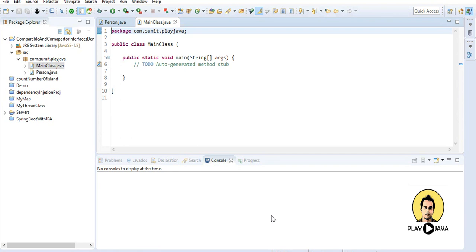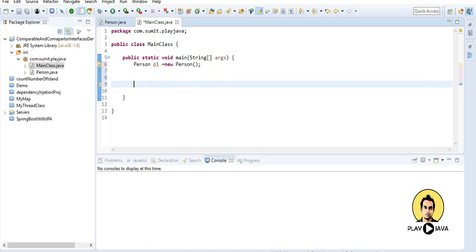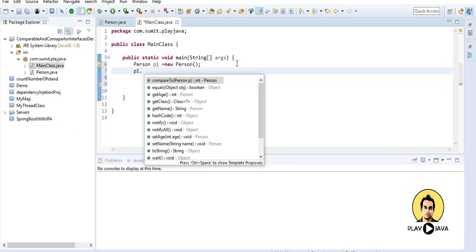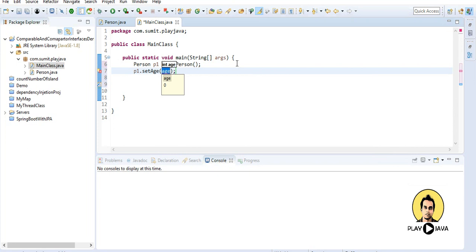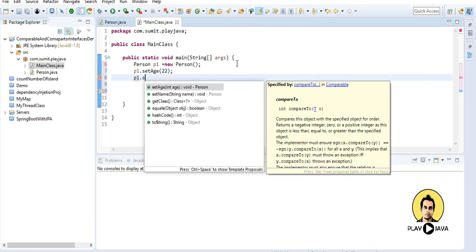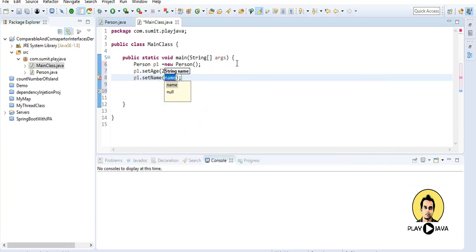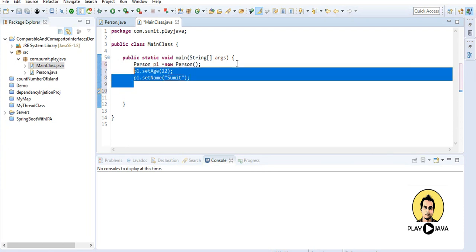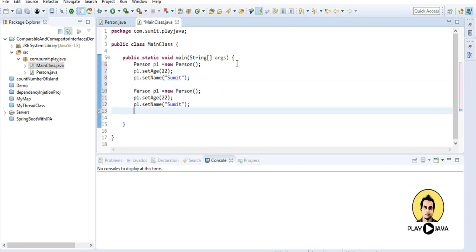And what I'll do here, I'll just create two person objects: Person p1 is equal to new Person, and I'll provide the data of person 1: p1.setAge, provide the age as suppose 22, and p1.setName as Sumit. Okay, similarly I will copy this data, paste it here and name it as p2.